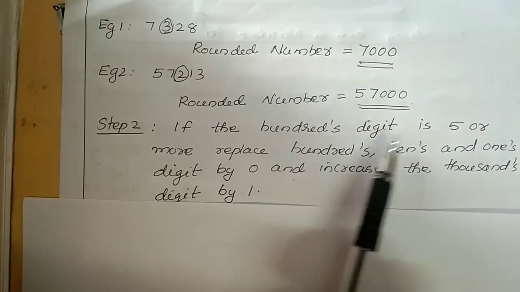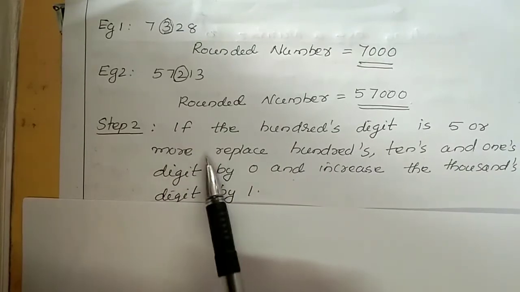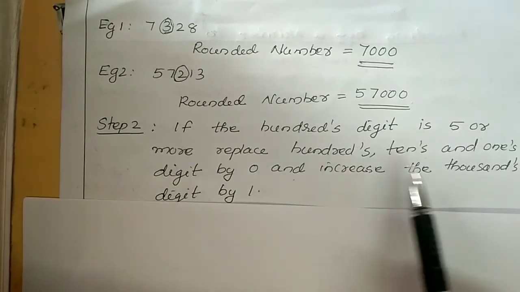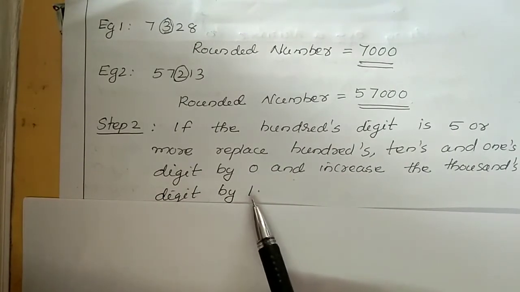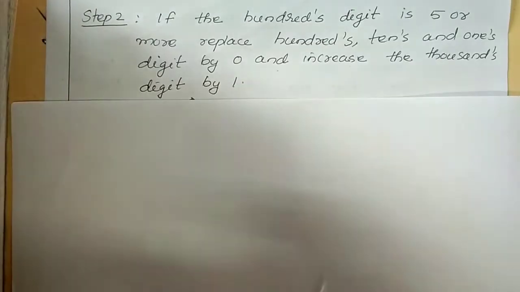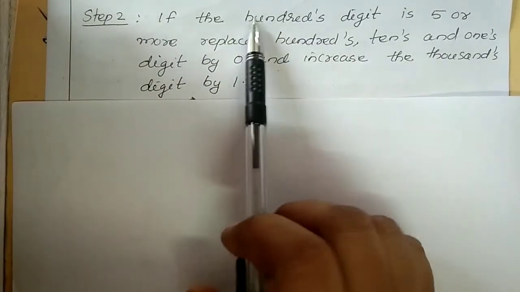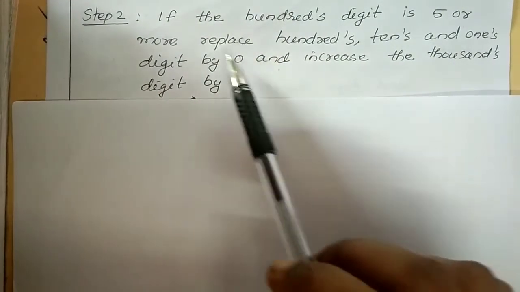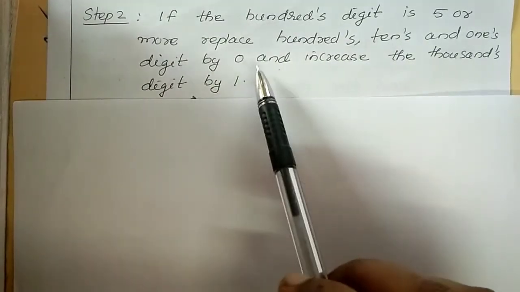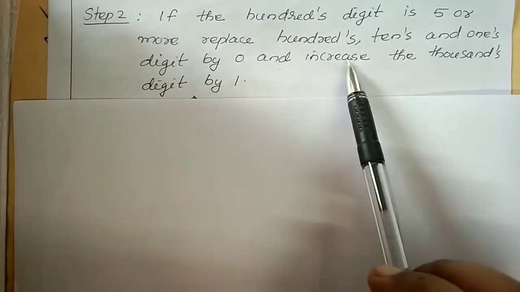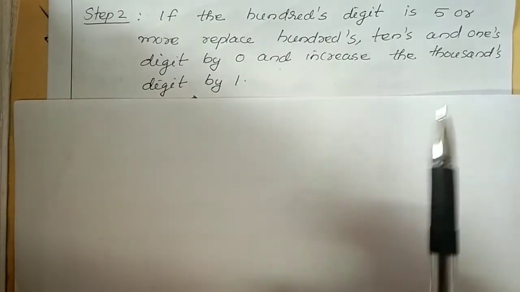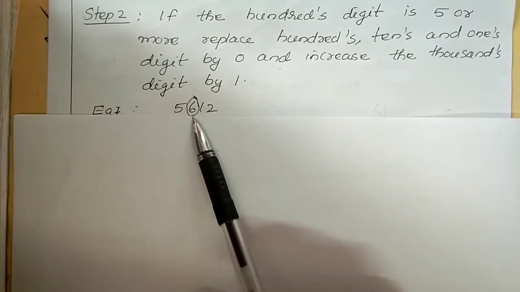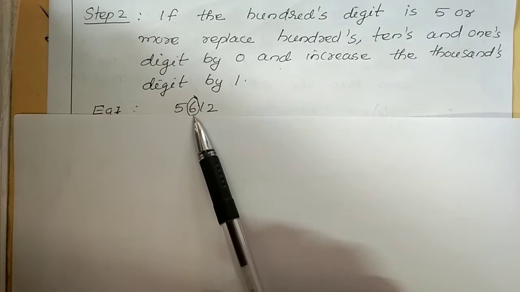Then our next step: if the hundreds digit is 5 or more, replace the hundreds, tens and ones digits by 0 and increase the thousands digit by 1. That is, if the hundreds digit is 5 or more than 5, in that case first you replace the hundreds, tens and ones digits by 0, and one more step is there, that is, increase the thousands digit by 1. Then one example,